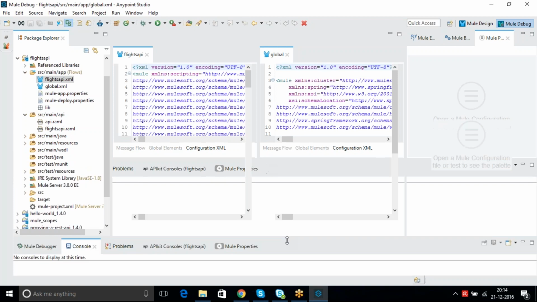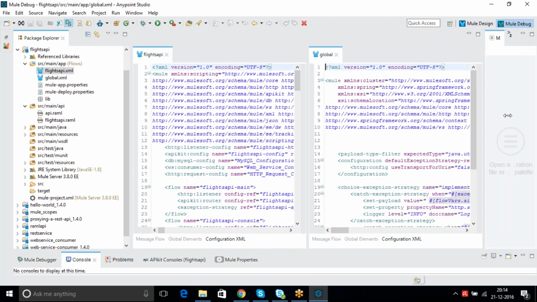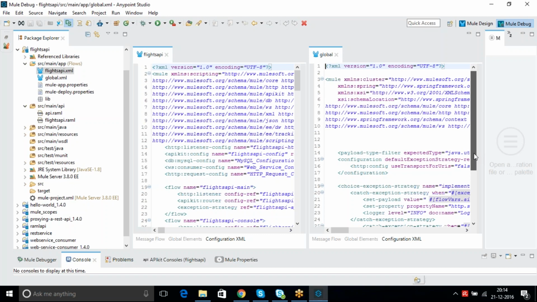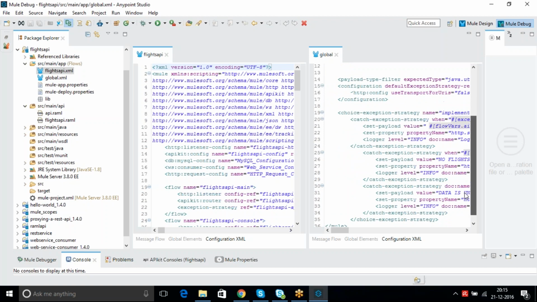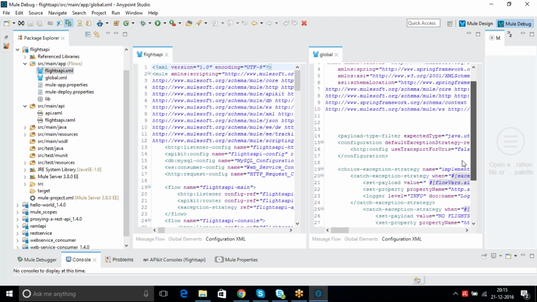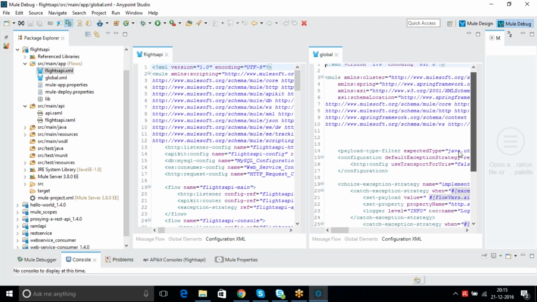Okay. Now just have a look at what things you want to move from the flights API XML to the global .xml. That is what you need to understand, basically.